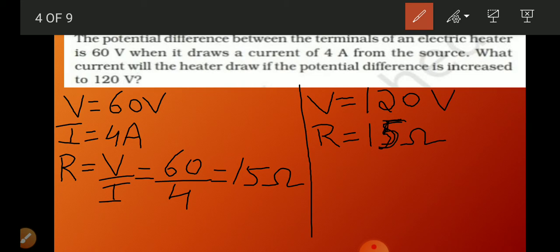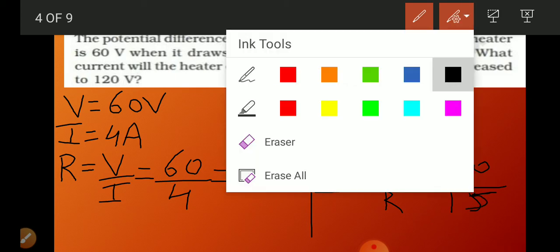So what you have to calculate? Current in the heater. So current I is equal to V divided by R formula. So V is 120 and resistance which we have got, that is 15. So 120 divided by 15. If you do, you are going to get